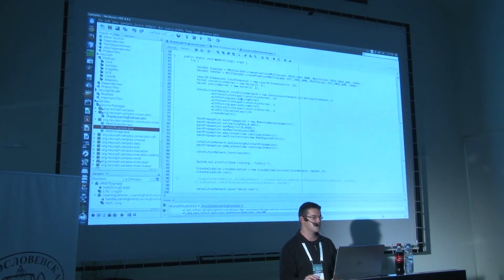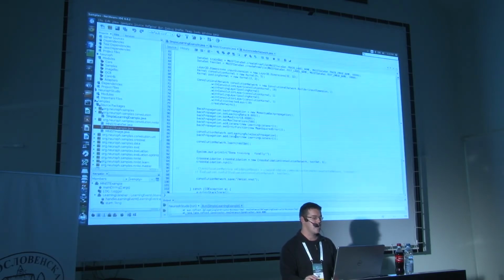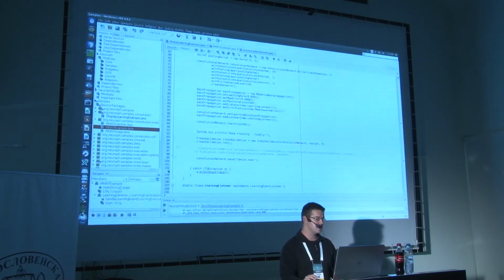As you can see, the first convolutional layer has 10 feature maps, which roughly corresponds to the 10 digits. We are also creating an instance of the backpropagation algorithm. It is also a very simple Java class, and you just set different parameters and then you initiate the learning.